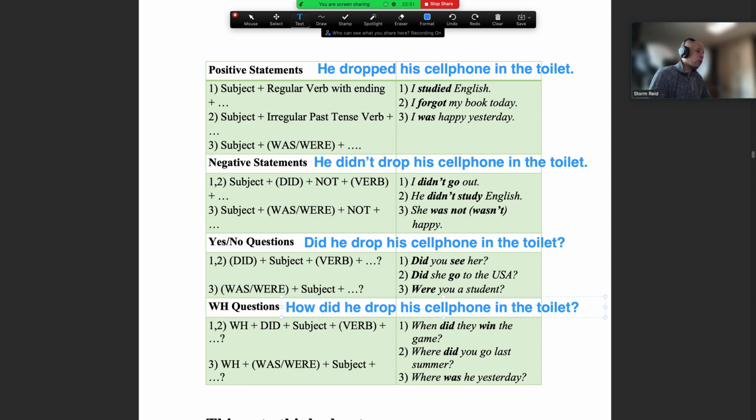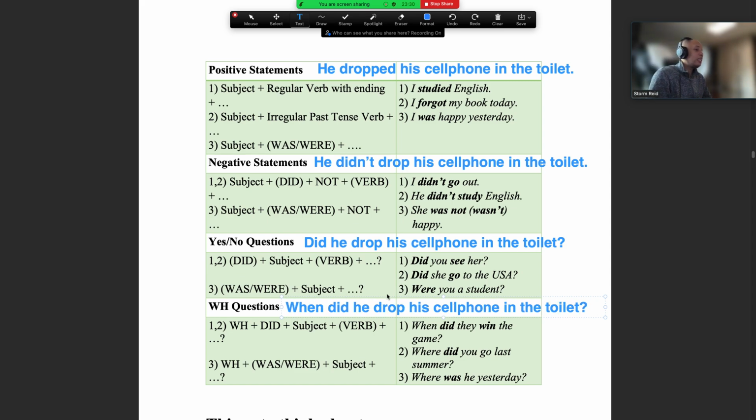How did he drop his cell phone in the toilet? How did he do it? Well, he was playing games on his cell phone, and then suddenly his mum opened the door, and he was surprised. So he dropped, I don't know. He threw his cell phone into the air, and then plop, it dropped in. I don't know. It dropped in the toilet somehow. Okay. We could change this to